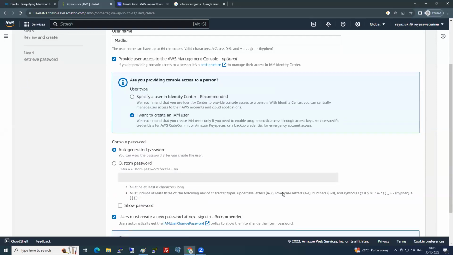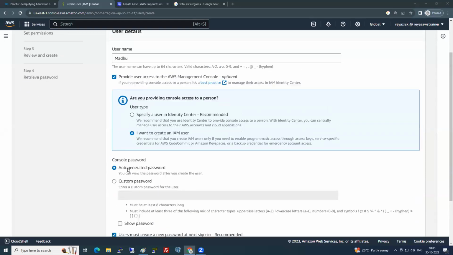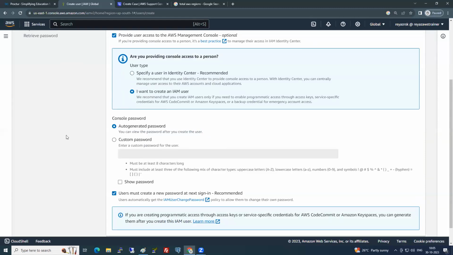Very good. And here, console password. Username you have given Madhu. Password you need to give now. Auto-generated password means AWS will automatically give a random, complex password, with one ampersand, one hash, one capital letter, one small letter, a random password. So that password you'll get. Custom password means your own favorite password, like you and me at the rate 143, or you give some names. If you want, you can give that custom password. So for now, I'm going with the